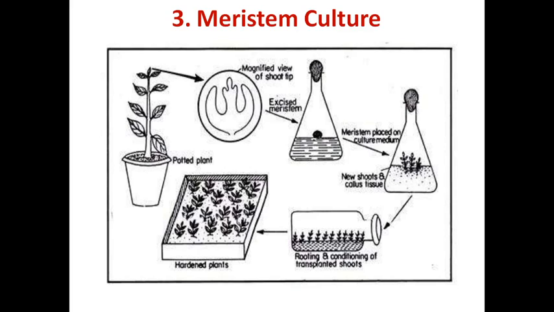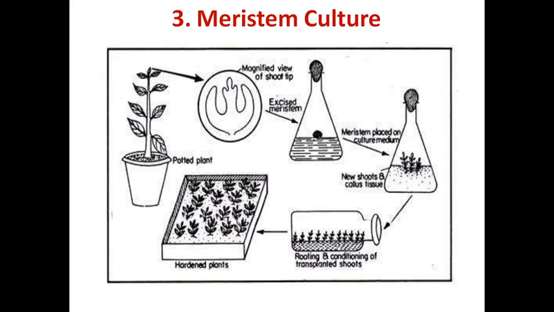This method is highly successful in herbaceous plants, and in woody plants. Okay, so see this excised meristem. Then there is surface sterilization, and after that it is successfully inoculated on a nutrient medium. The meristem is placed on culture medium, and within that culture medium we provide cytokinin in the proper ratio, cytokinin like BAP, and auxin like IBA. Then there is new shoot formation, and then rooting medium containing auxin, IAA, IBA.